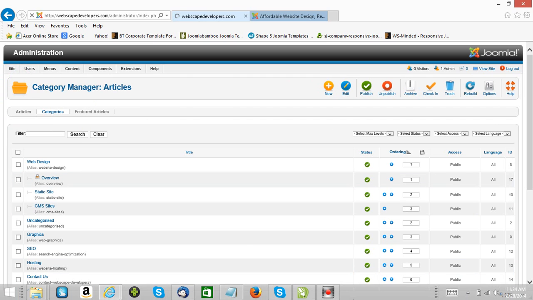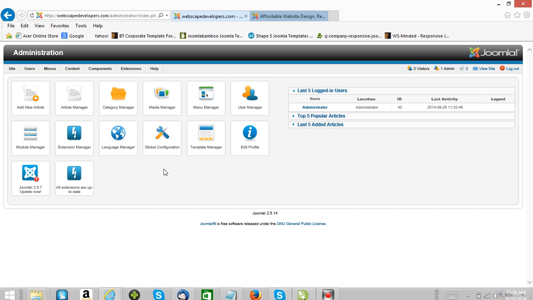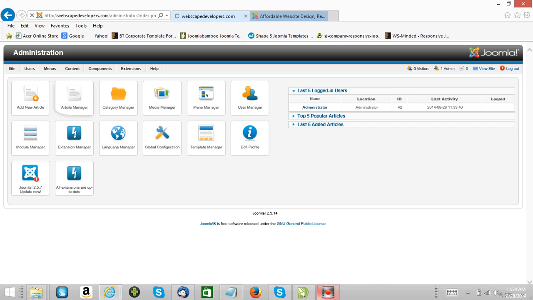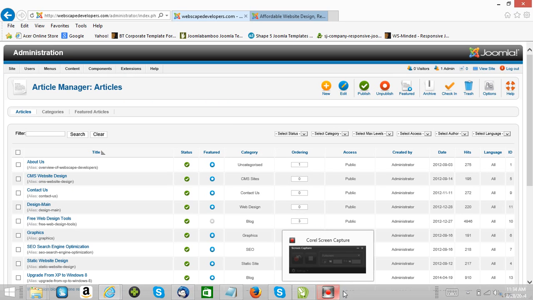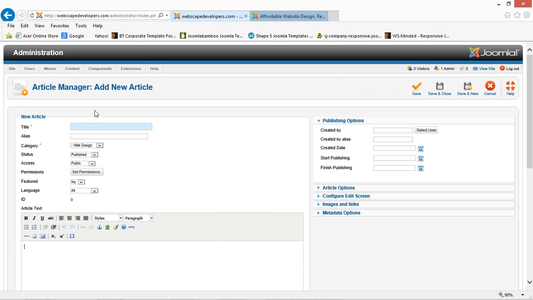So I'm going to go back to the control panel here and show you how simple it is to add an article. We're going to click on Article Manager. I'm going to click New. And I'm going to give it a name. It's going to be